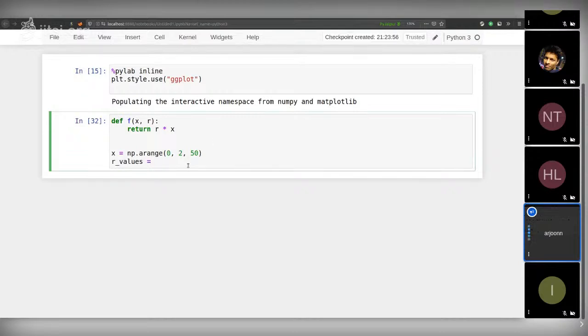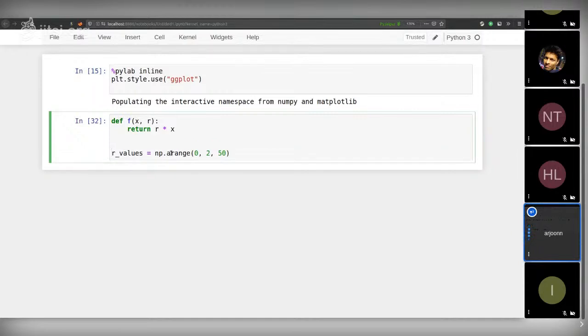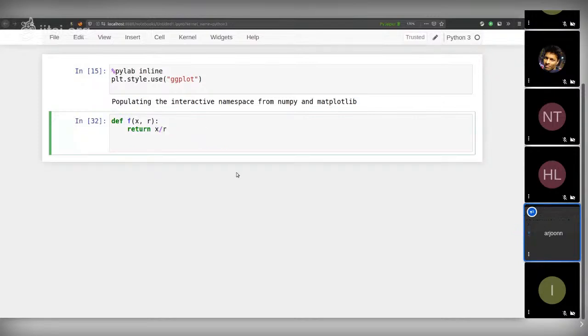So you could take, and then what we are trying to do here is see. So okay, let's do it like this. So you have x by r, right? And then you have x is equal to np range 1 to 100, right? And let's say you have y equals to,